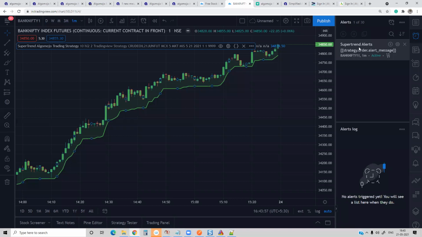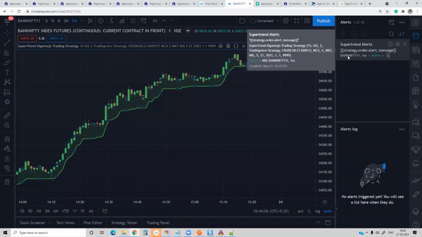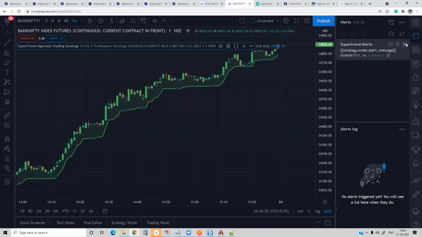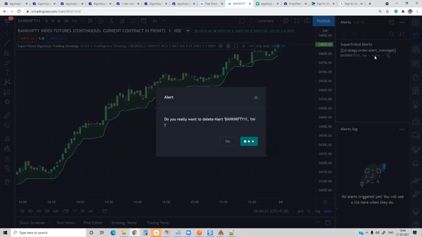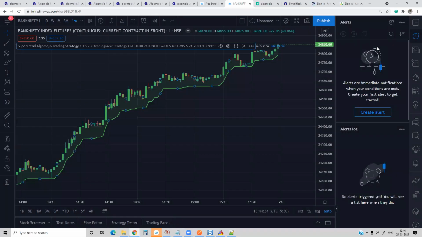This is for, see here, by mistake what I had done, I created the symbol for Bank Nifty. So though signals are from Bank Nifty, you can see Bank Nifty 1 in the symbol. What it means is that the alert is active on the Bank Nifty symbol, but orders will go through the crude oil symbol. Probably that is a mistake which I had done. Yeah, I have to delete this. You can check it from the alert section itself, whether you are configuring the alerts properly or not. One has to go and check very clearly.